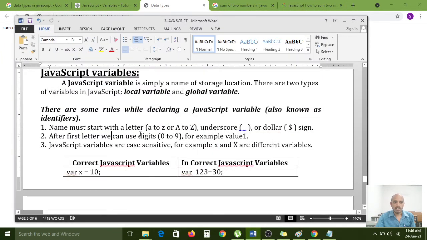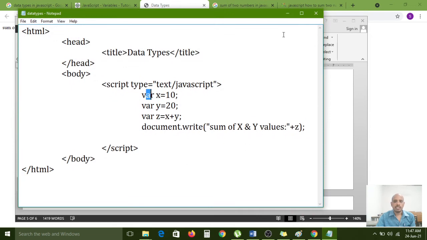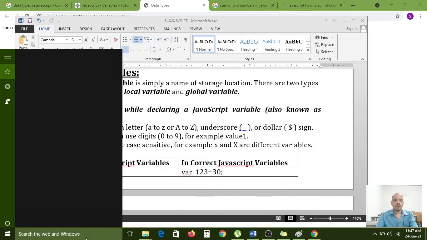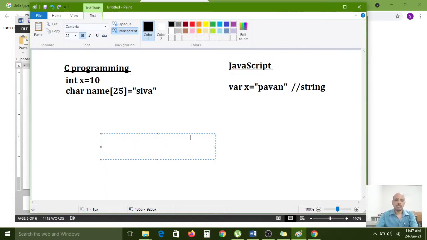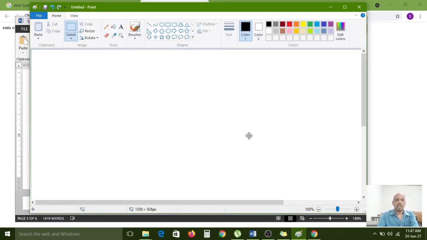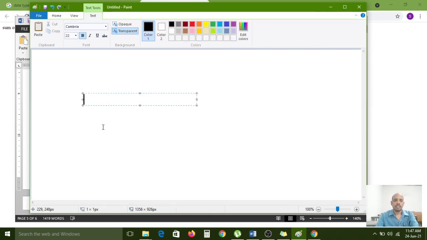Name must start with a letter. So actually, now I am opening the Paint window to explain this clearly. And here, now I am declaring the var keyword, x equal to 10. If you write a statement like this, what is the definition here? What is the variable? X is the variable, 10 is the value assigned to the x variable.